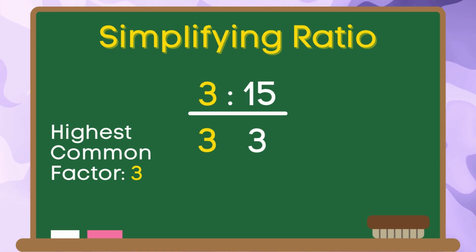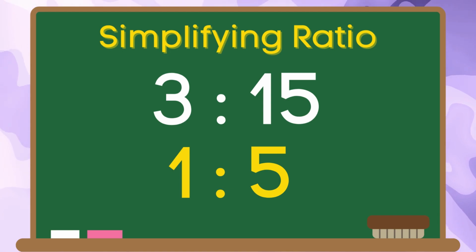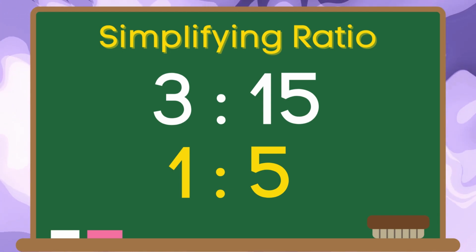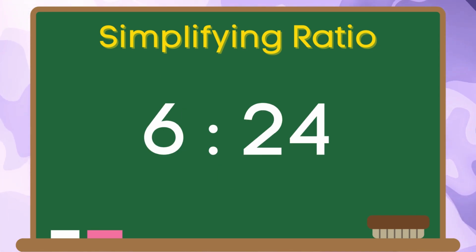3 divided by 3 is 1. 15 divided by 3 is 5. Therefore, the simplified form of the ratio 3:15 is 1:5. Let us have another example,